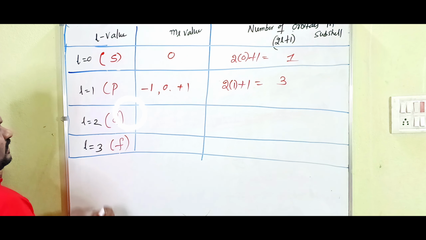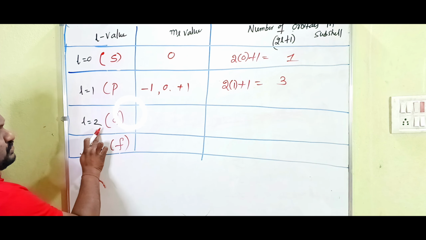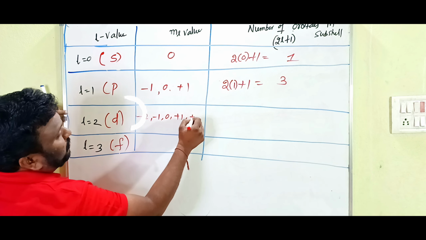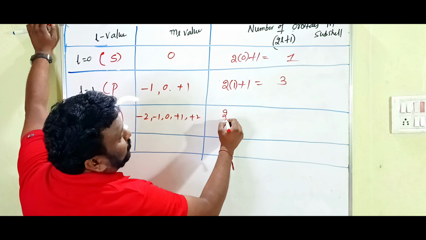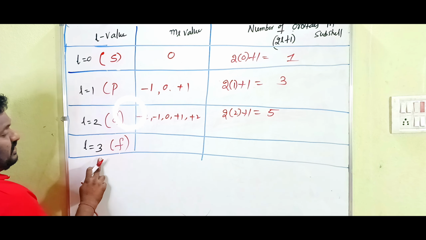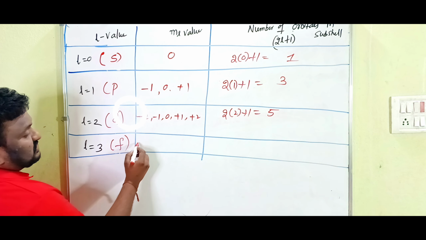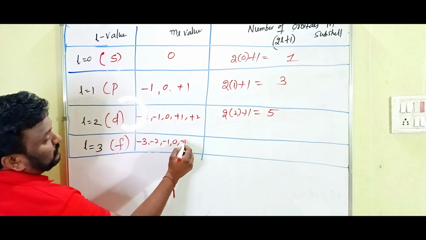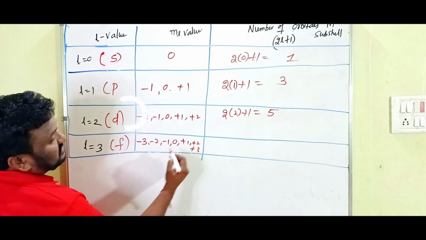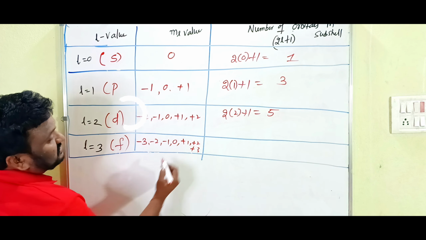When l equals 2, the m_l values are minus 2, minus 1, 0, plus 1, plus 2. How many orbitals? 2 into 2 plus 1, that is 5. Clear? And when l equals 3, the f subshell, the m_l values are minus 3, minus 2, minus 1, 0, plus 1, plus 2, plus 3. Again 2 into 3 plus 1 is